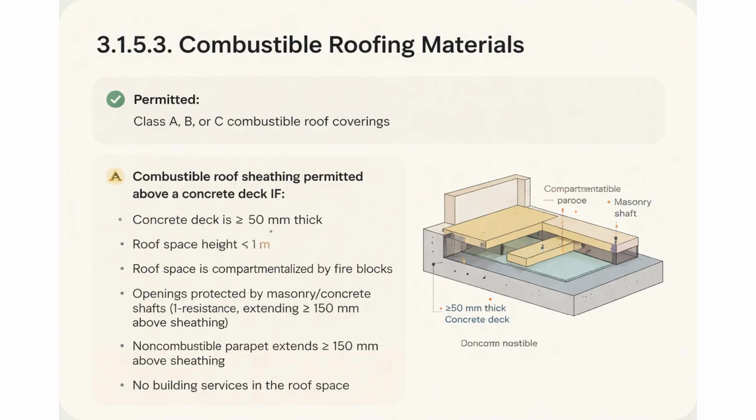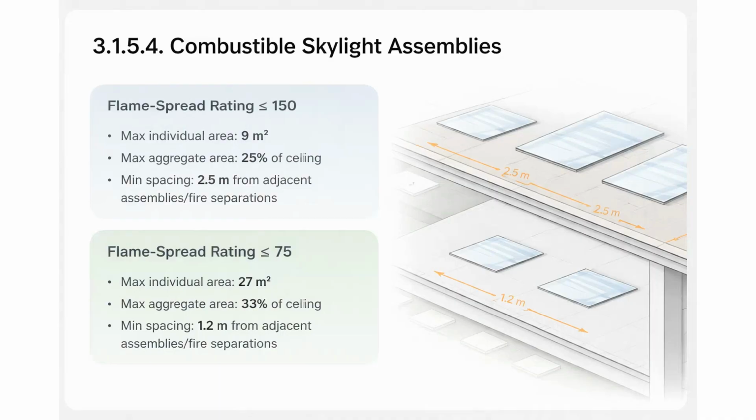absolutely no building services. Skylights are another area where combustible materials are allowed, but their size and spacing depend heavily on their flame spread rating. If the skylight has a flame spread rating up to 150, individual units are capped at 9 square meters, covering no more than 25% of the ceiling and must be spaced 2.5 meters apart. However, if you use a better performing material with a flame spread rating of 75 or less, the code relaxes these limits. You can have units up to 27 square meters, covering 33% of the ceiling, spaced only 1.2 meters